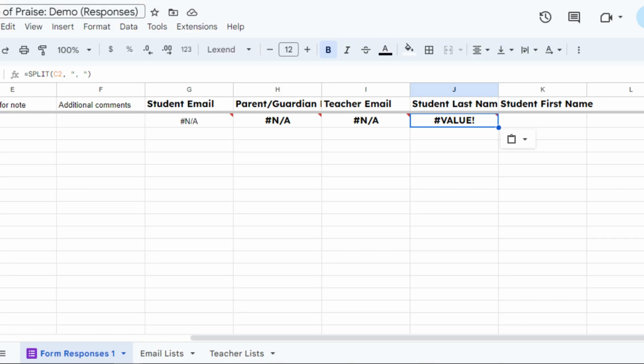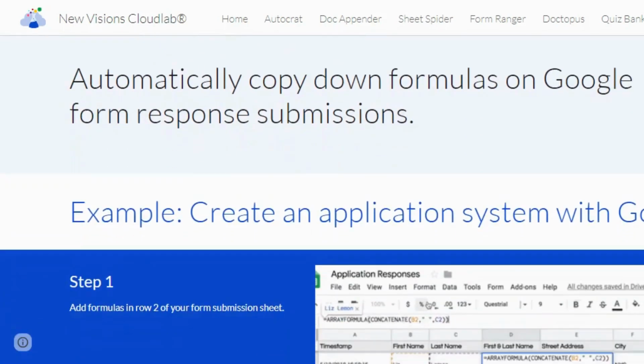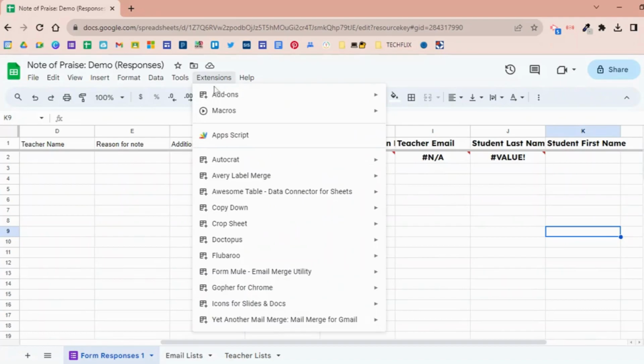And then in cell J2, we're going to use the split formula that's going to take the student's combined name from column C and separate that last name into column J and the first name into column K. Since formulas in Google Sheets are not applied to new form responses, we will need to install the Copy Down extension. Click Extensions, then